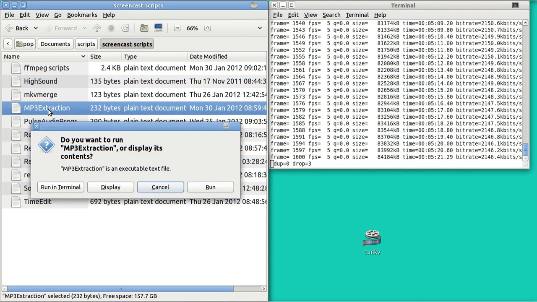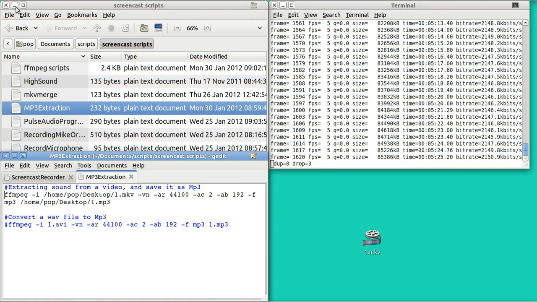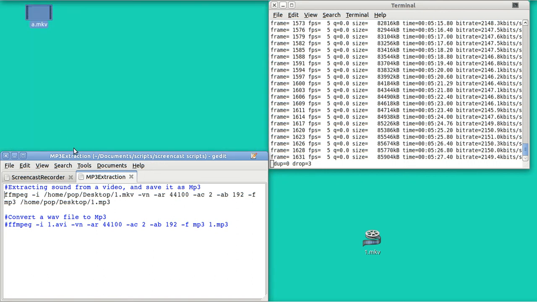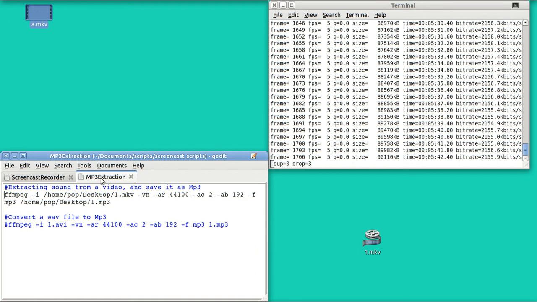So I'm tapping on it, and I want to display it, and it's going to be displayed. And it's right here. This is the screencast recorder that we were just looking at. That's this one over here to the top right, which is running. But now I've got in Gedit the MP3 extraction script, and it says to use FFmpeg on an input file,